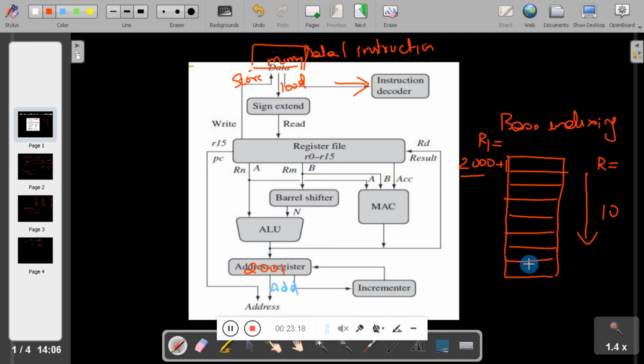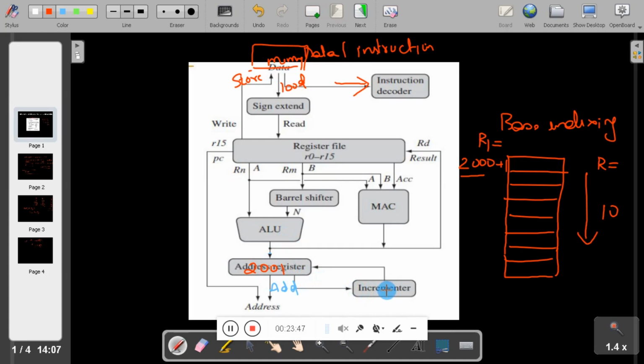For the next consecutive location, the address is incremented directly by the incrementer without using the ALU. First the ALU generates the address; from then on the ALU is freed up, and the address is automatically incremented by the incrementer. That is the use of the address register and incrementer.